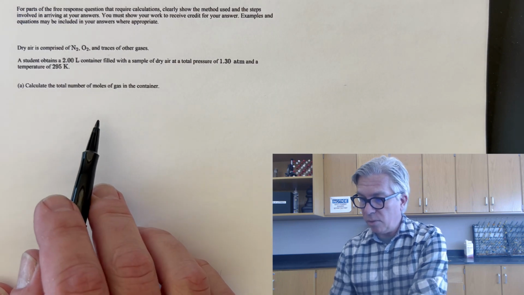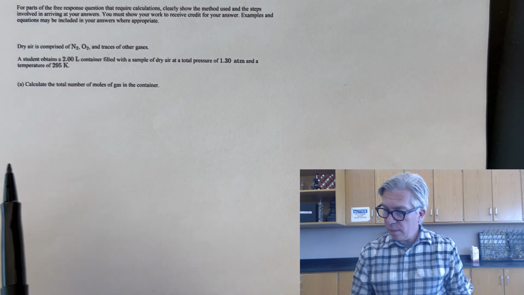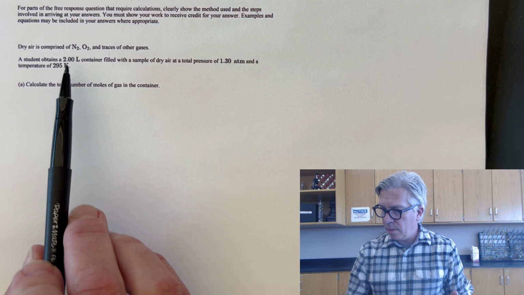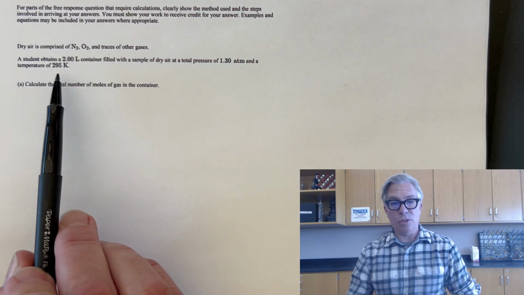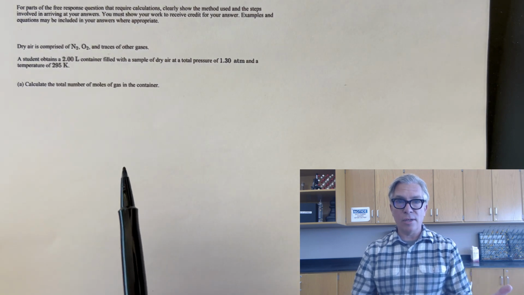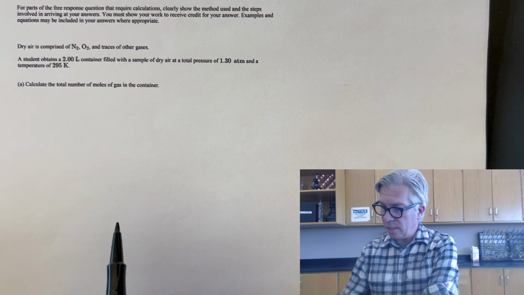Calculate the total number of moles of gas in the container. In order to do this one, we have to look at what we have. We have a 2-liter container, that's a volume. We have a pressure and a temperature, and it says calculate the number of moles. So if you have learned your gas laws already, then you know that this is an ideal gas law question